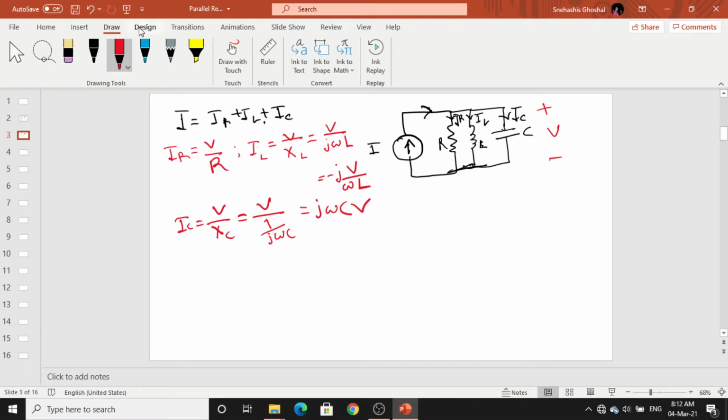So if I want to draw the phasor diagram right now in parallel circuit, already I have told you that voltage is the reference phasor and the resistive part is in phase with voltage, the in phase component IR. Now the capacitive part IC will lead the voltage by 90 degree. On a similar note, inductive part will lag by 90 degree with the voltage. Clear?